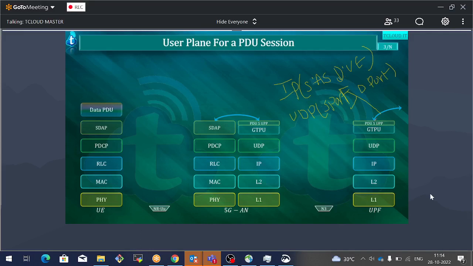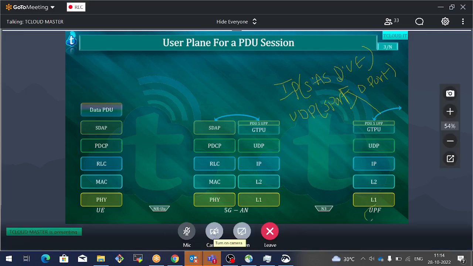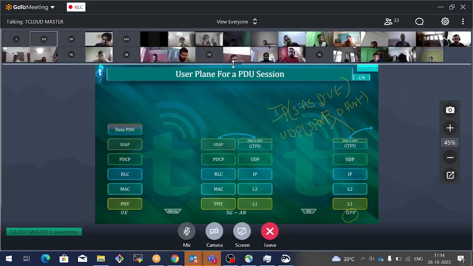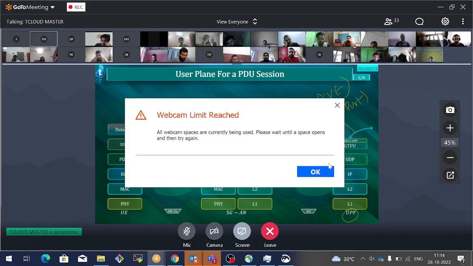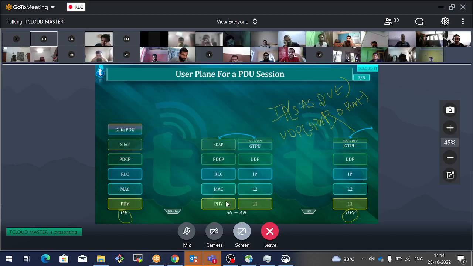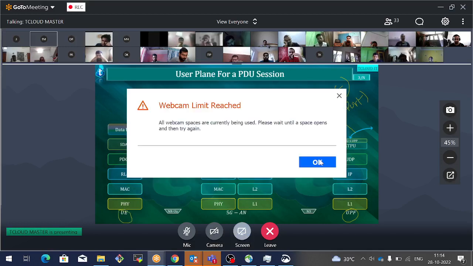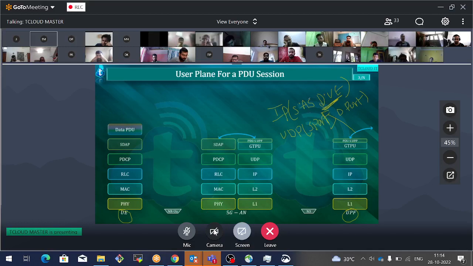Once such an IP packet is received, what is the duty that UPF is going to do, especially in the downlink direction? It will have to inspect these IP packet related headers and find out which mobile, which UE, this IP packet belongs to. That is done based on the IP destination address. Second, you have to identify on which QoS flow, which quality of service flow, this IP packet should be sent,